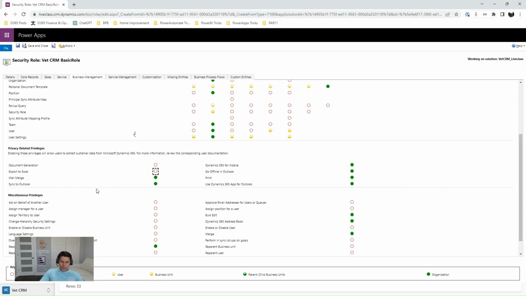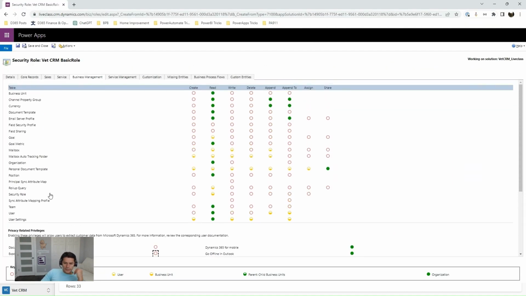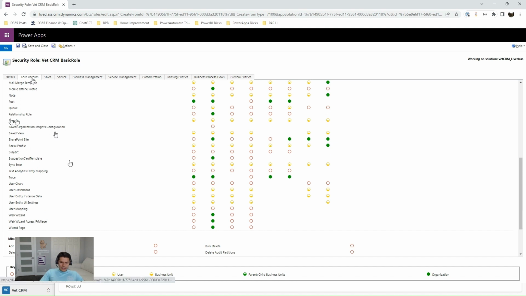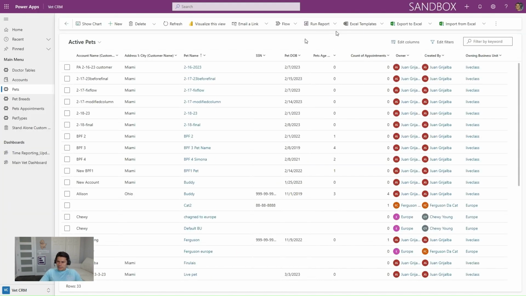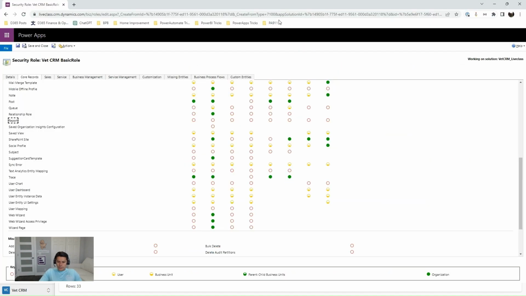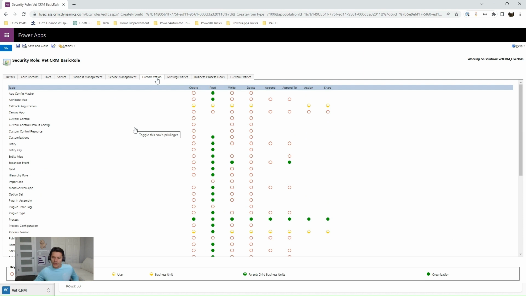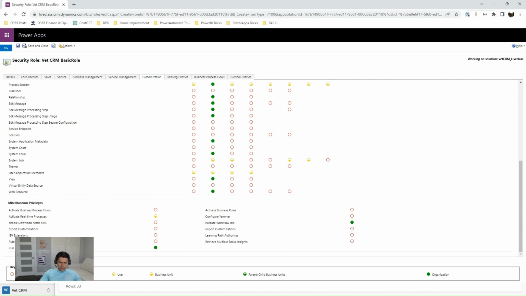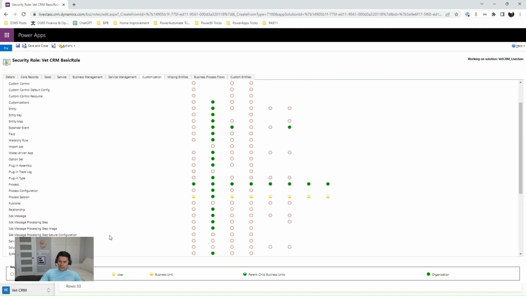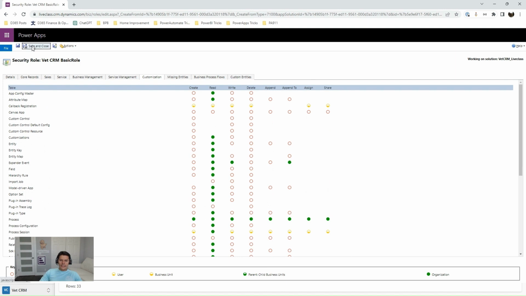The ability to run reports comes from core records, and there's something here called report. So if you remove their role again from reports, that's going to remove this run reports. And finally, if you want to remove the ability to create flows and run flows from your views, head over to customization, and then at the bottom, there's something in here called run flows. So that will remove their ability to run those flows from views. So once you're done making those changes, go ahead and save the role,